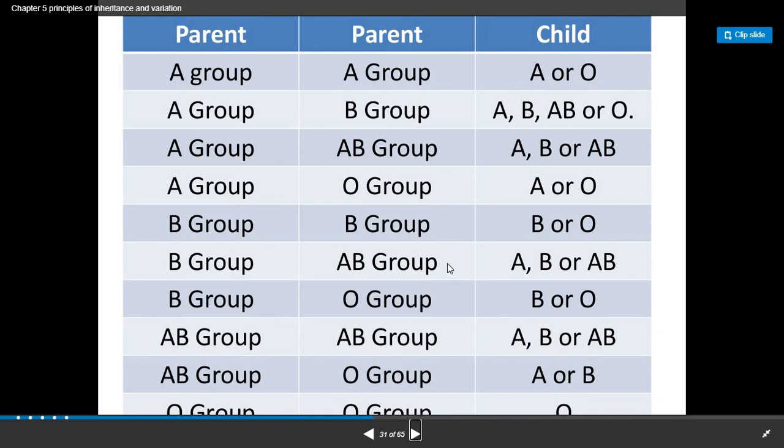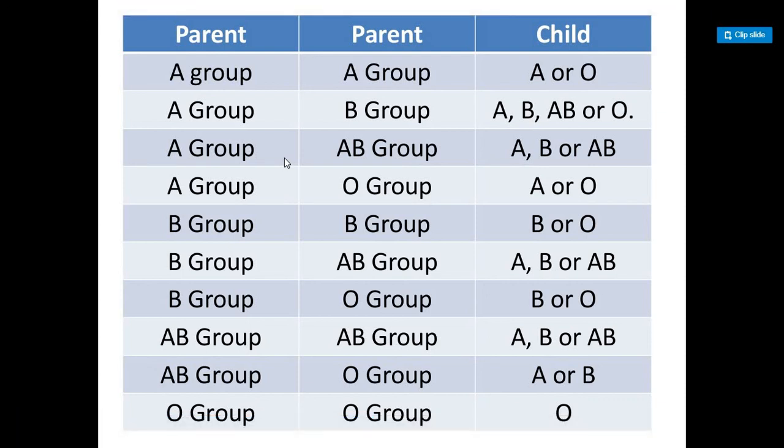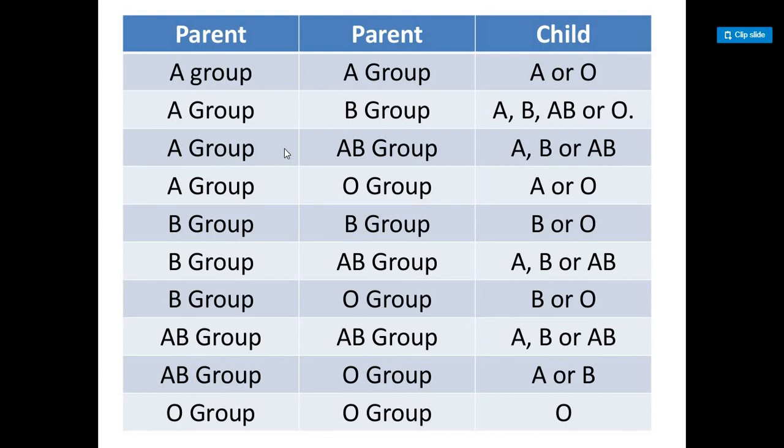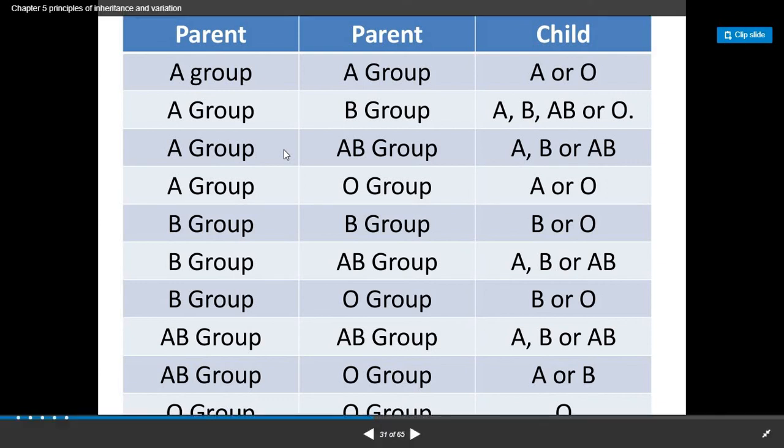I hope students this topic is clear to you. That is codominance. Whenever for a particular character the alleles are there, these alleles will express their character equally and no particular allele is dominant over the other. This type of expression of character is known as codominance, and this is also an exception to Mendel's law. It does not follow Mendel's law.